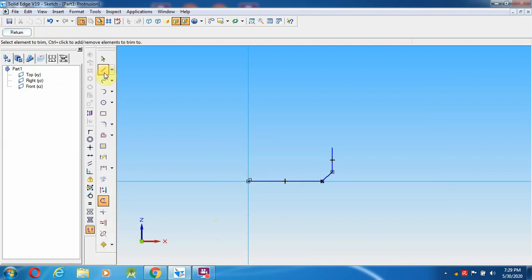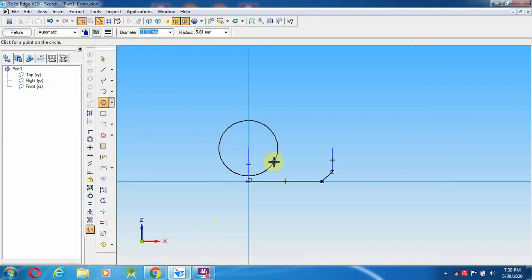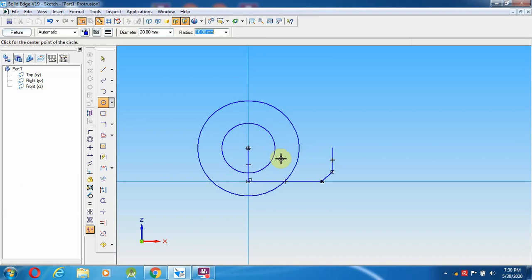So go over here, the distance is 7 mm, and select a circle from here with 10.5 mm diameter, as well as select a circle of 20 mm diameter, which has to be created over here.